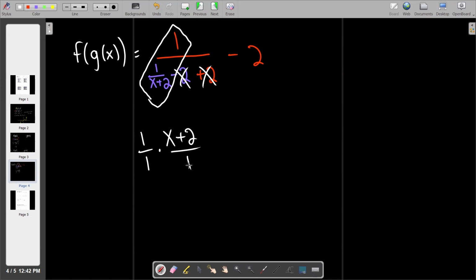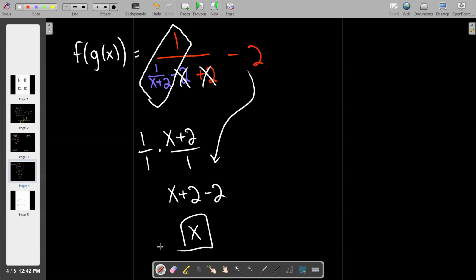Right? Which means it's really just x plus 2. And then if you bring down this minus 2, it means this one actually flipping works, which means